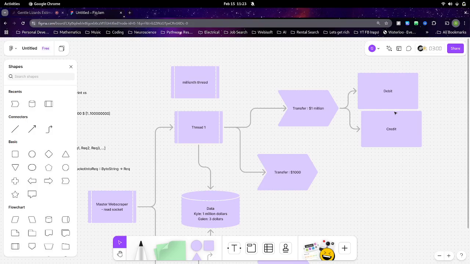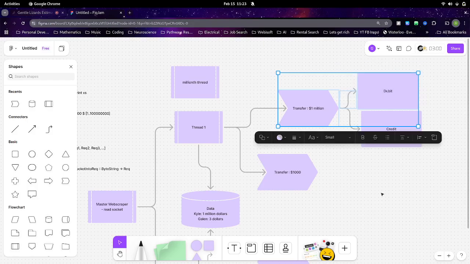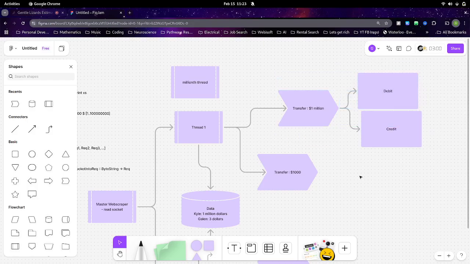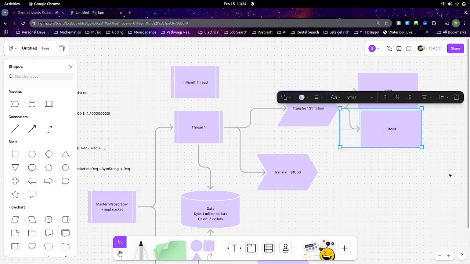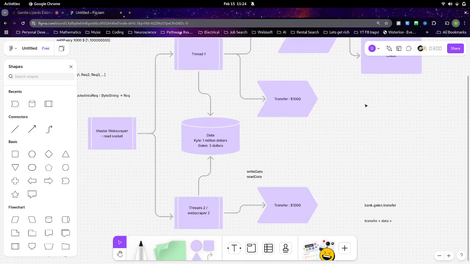And so we want to make sure that these always happen together, right? And I think we can see why at this point. We never want one to happen, but not the next. Scenario 1 is we debit from Kyle's account, and the $1 million goes missing because we take it out, but we just never add it to someone's account, and the money is lost in transfer. The second case is that somehow we create $1 million out of nowhere. So we don't want either of those scenarios.